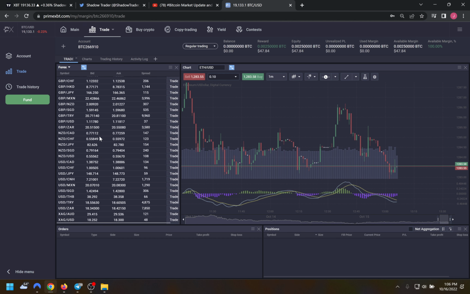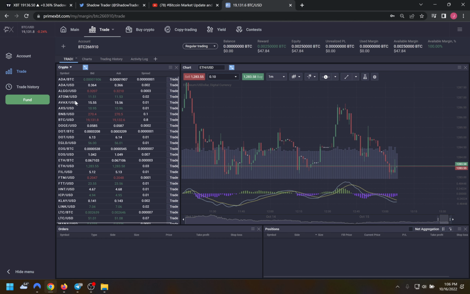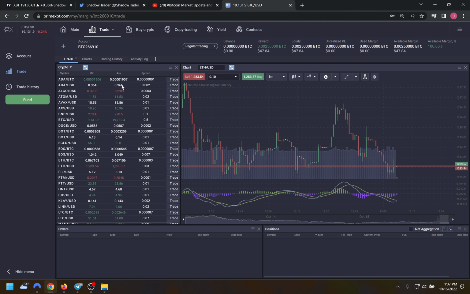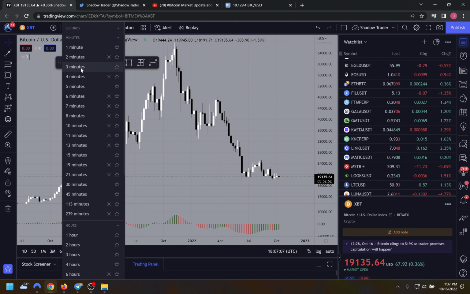Obviously, they offer an extensive list for Forex if you're into Forex, and then your crypto list. They have a pretty nice list of crypto as well. But generally, I only stick with Ether and Bitcoin. I like to perfect a few. Simply put, if you pull up the charts, let's zoom in and look for a trade real quick, see if